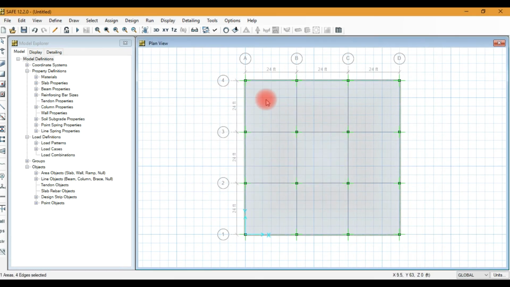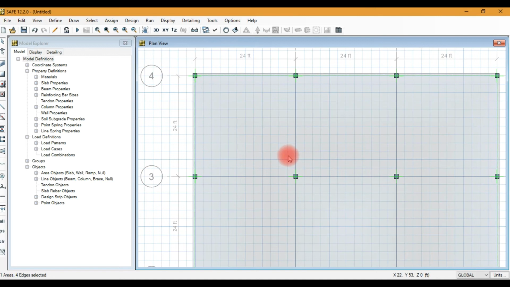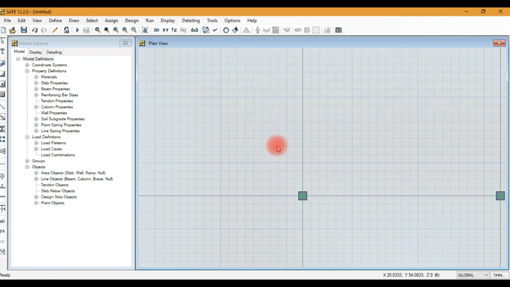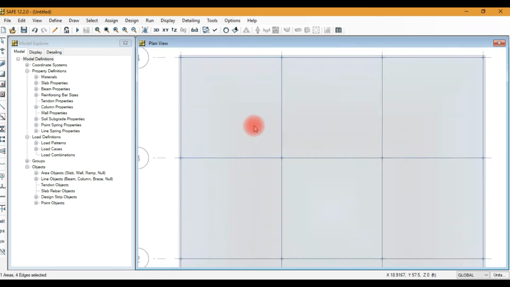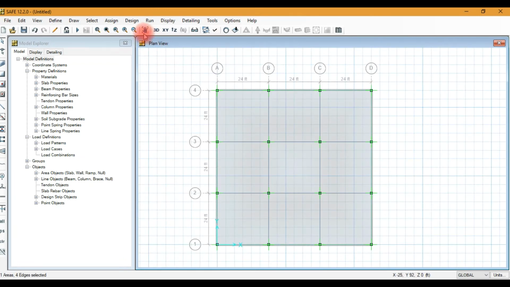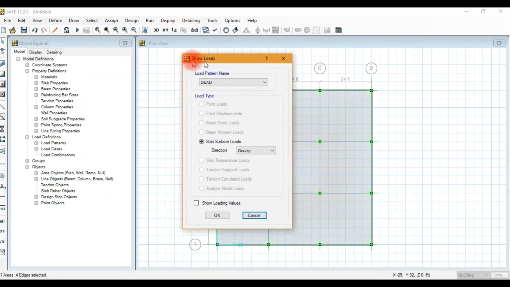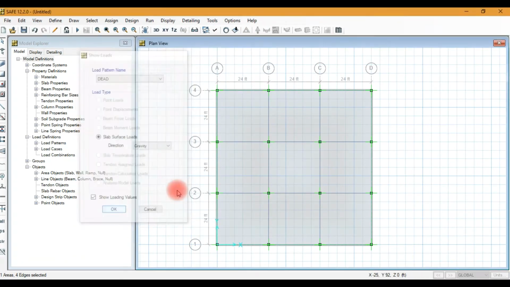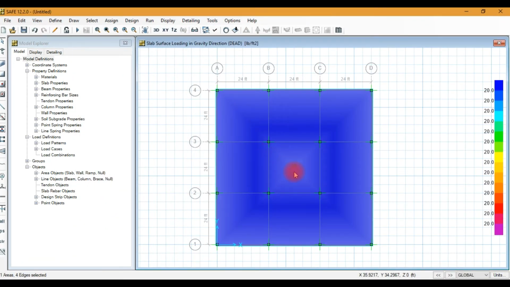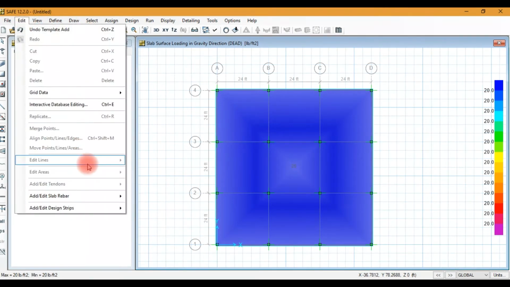Okay, now I will select one panel. Here you can see the loads. The panel is basically not divided.